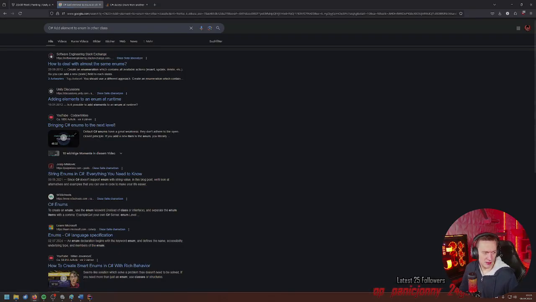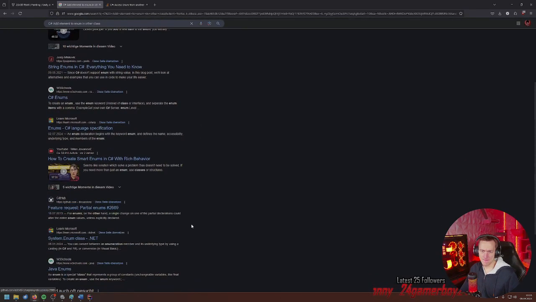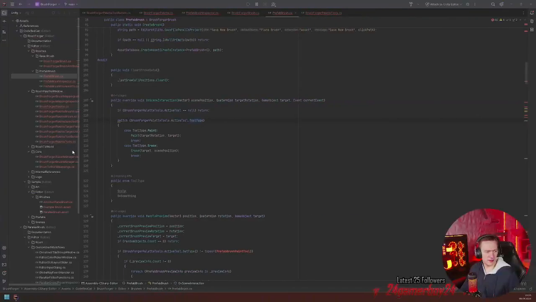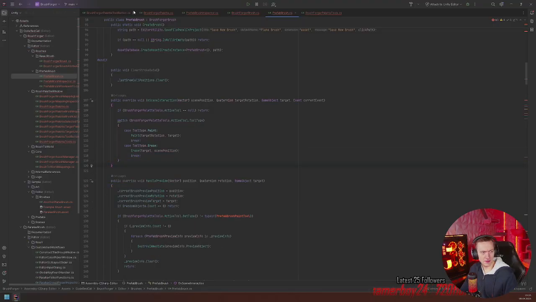Okay, this doesn't work, and this doesn't work. Can't have it with an enum. We can have it with a string.